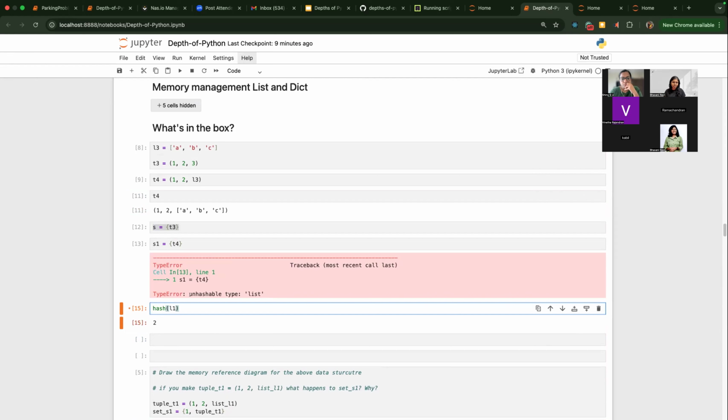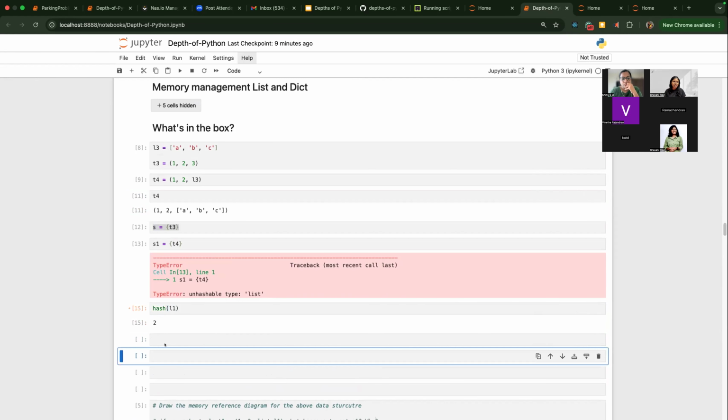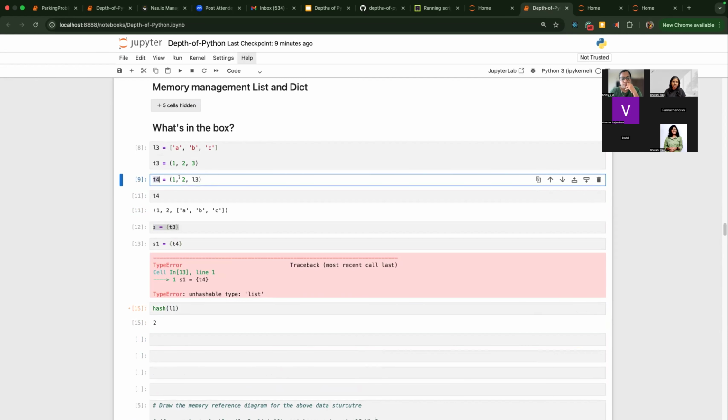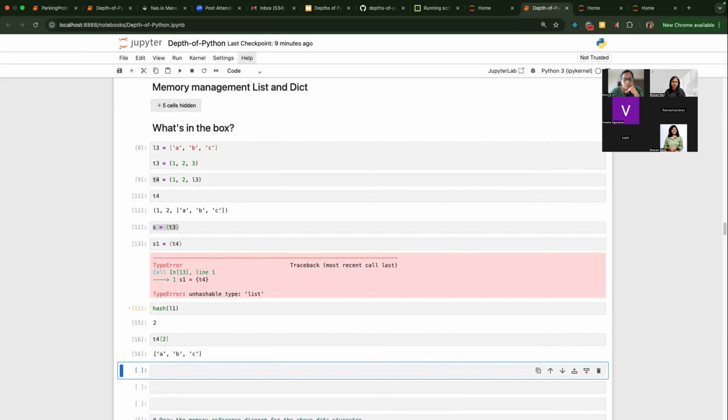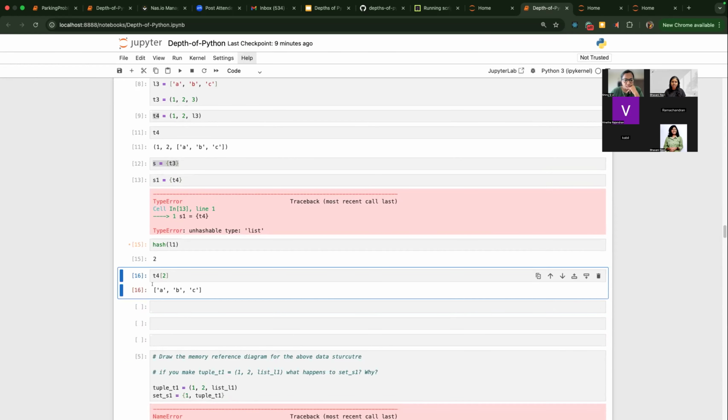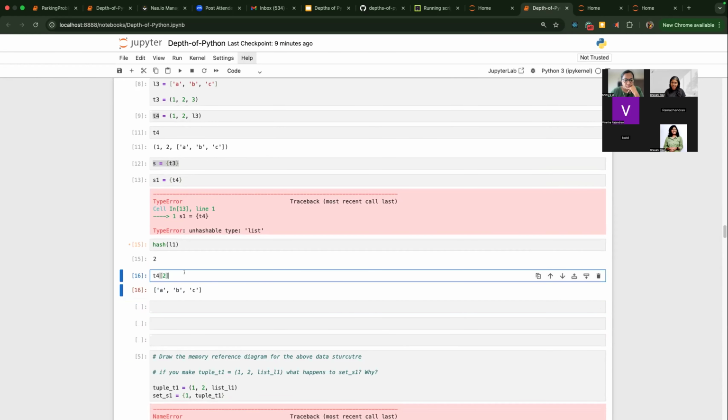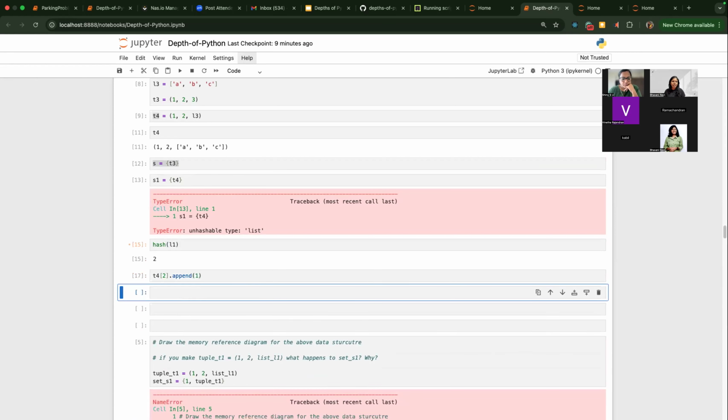So T4 has L3 as its 0, 1, 2th element. T4 of 2 is your list. I cannot change a tuple, but I can change a list that's a part of a tuple, which is a very weird thing, but it works.